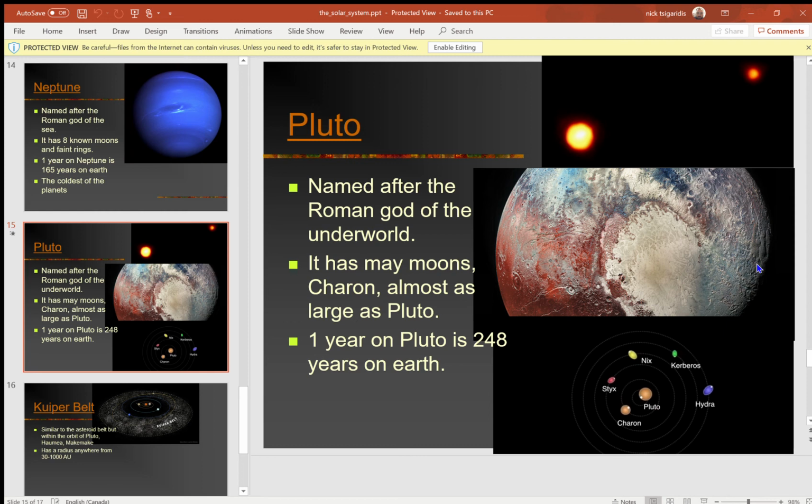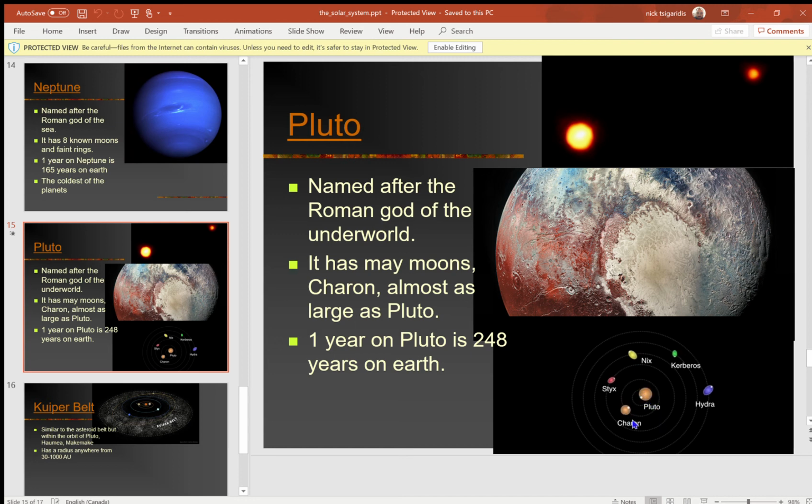So at once we thought it might have been a very violent event, but by the looks of this object here that they found and visited with the New Horizons spacecraft, it actually looks like it wasn't as violent as people may have thought. In any case, the last picture here shows the